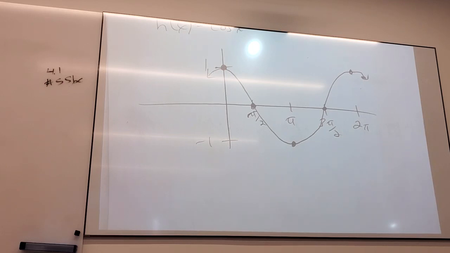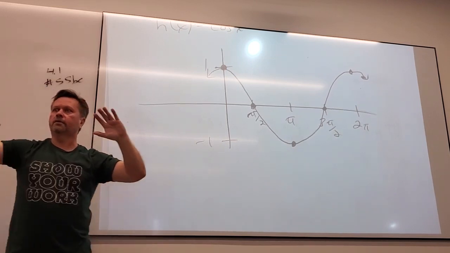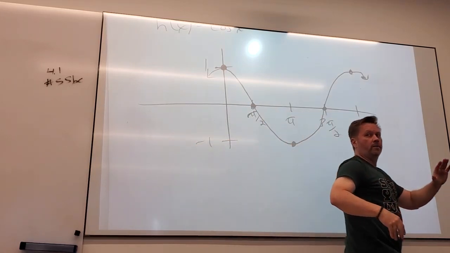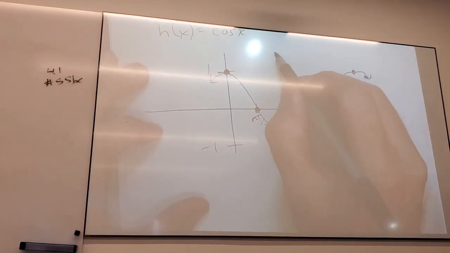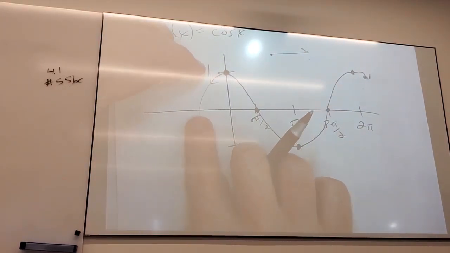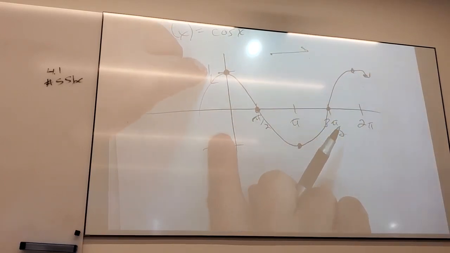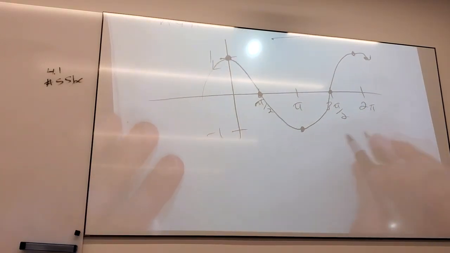Sine is 0 here, cosine is 0 there. That's off by 90 degrees. So if I move that 90 degrees over, I get the sine function. Is everybody with me? Okay, maybe. If I moved it this way 90 degrees, wouldn't I just get the sine function? Starting at 0, okay. So the period